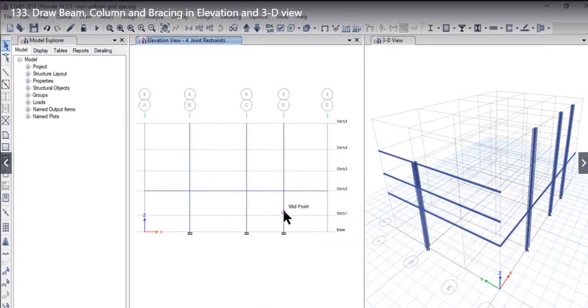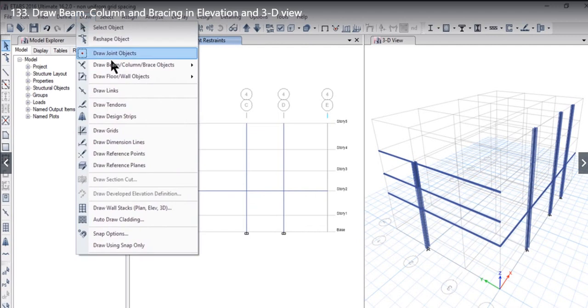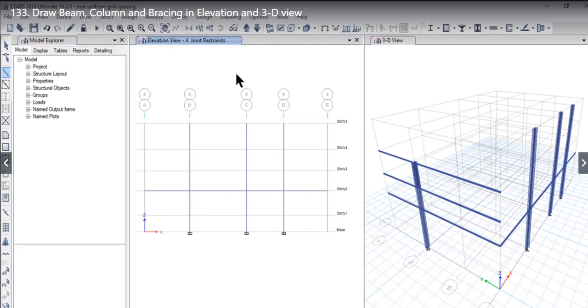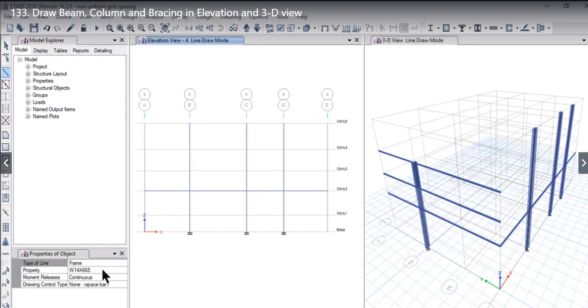Now we will see that we can also snap onto the midpoint of a line. For example, here, here and here. This option is helpful in some cases. For example, when we have to draw a bracing from this point to this point, or we have to draw a simply supported beam in a plan view. If we want to draw a bracing, we need to select here the property which we have to model.